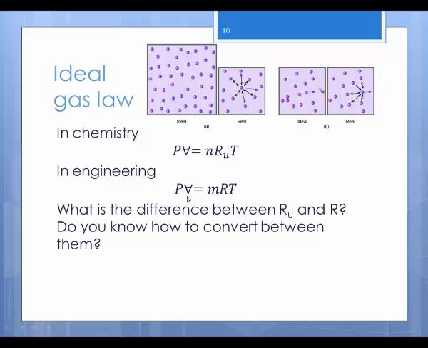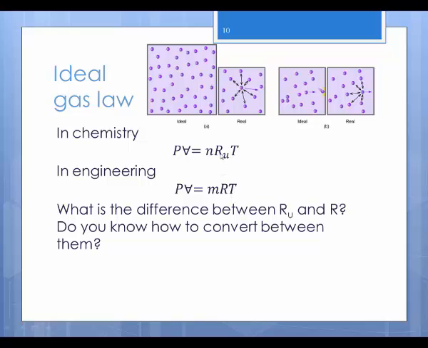So there's one critical difference between the chemistry formulation and an engineering formulation, which is that in the engineering one, we don't use moles, we have the mass of substance, which is more often how we actually see problems written, in terms of mass flow or total mass. And so this R value, you might say, well, this R_u and this R, how are these different? Well,